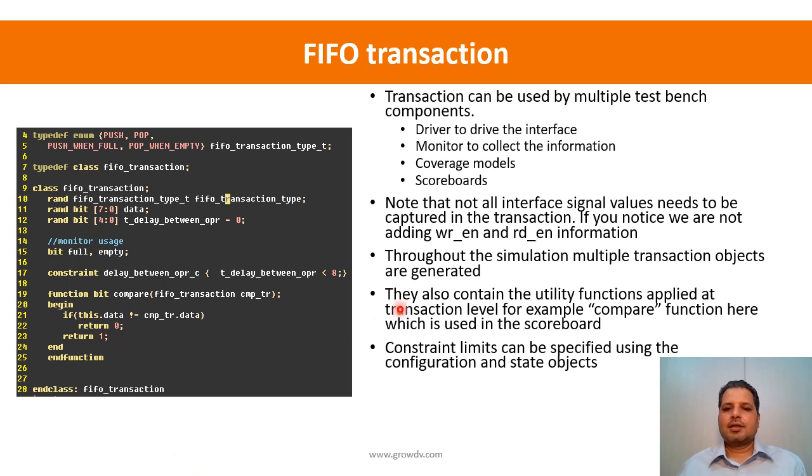So the transaction object has multiple use cases within the test bench, right? We have seen that this FIFO transaction was used between the gen push and the push driver. The same FIFO transaction will also be used between a gen pop and a pop driver. And the monitors that collect the push interface transactions as well as pop interface transactions are going to use the same FIFO transaction, right? So you can see that